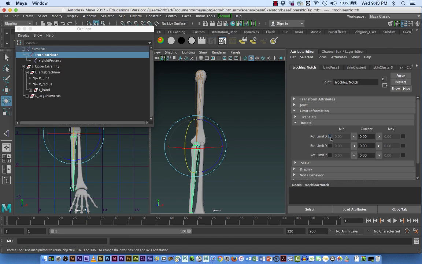So I can say that the limit of all three joints is 0, 0, 0. The X joint I don't want to rotate in, so I'm going to make its maximum 0. The Y joint I'm going to change to 145 because that's what I found out in my